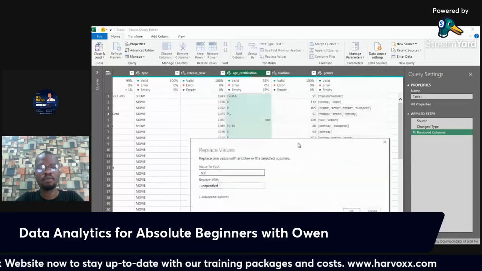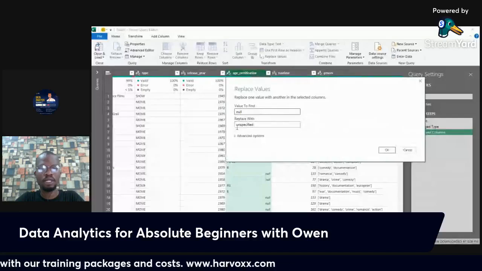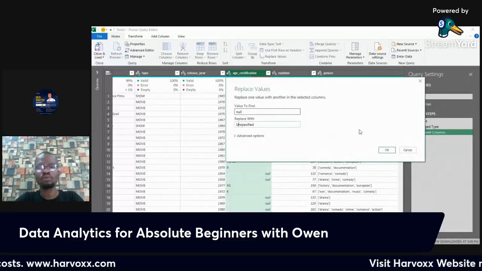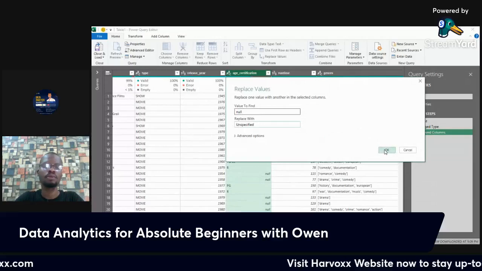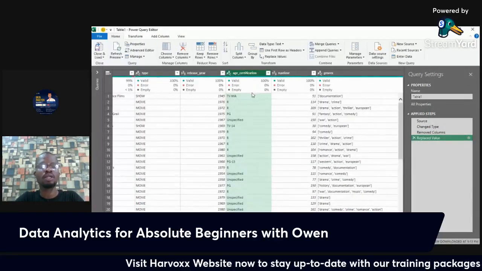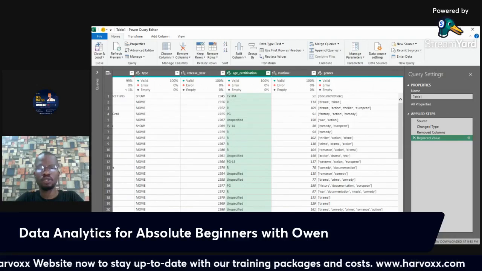Since all of them are all caps, let me begin with caps. So that goes through the list and replaces every blank in that variable with unspecified.